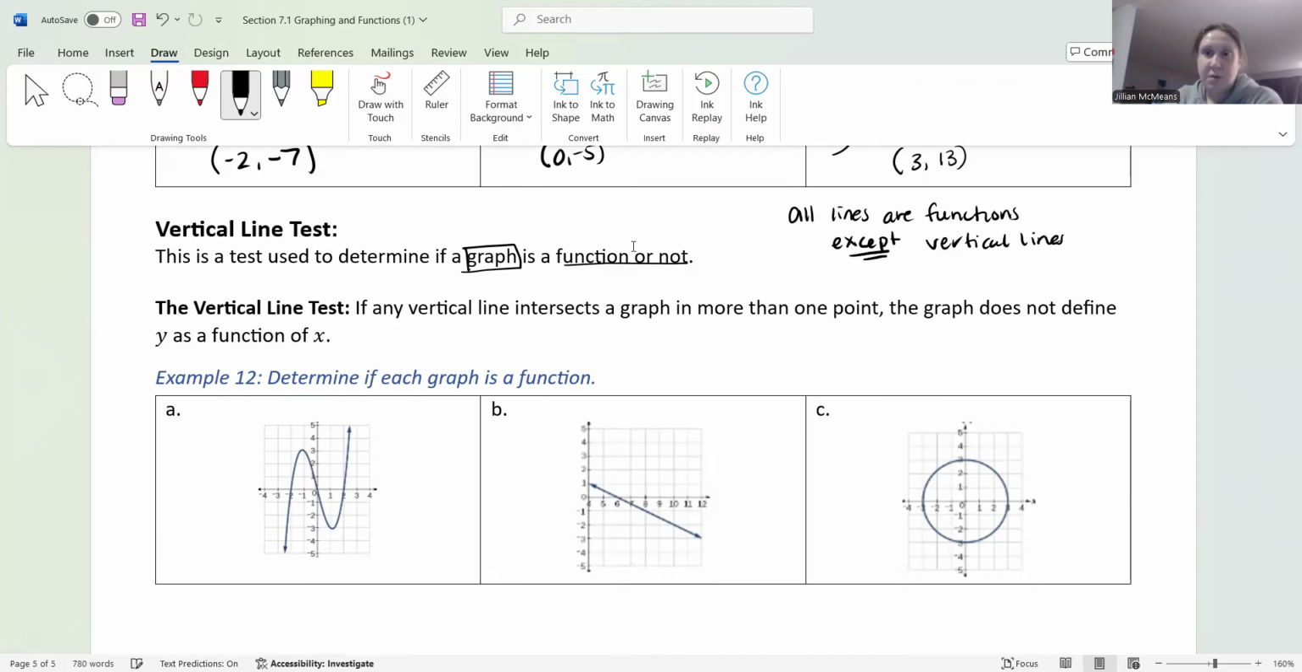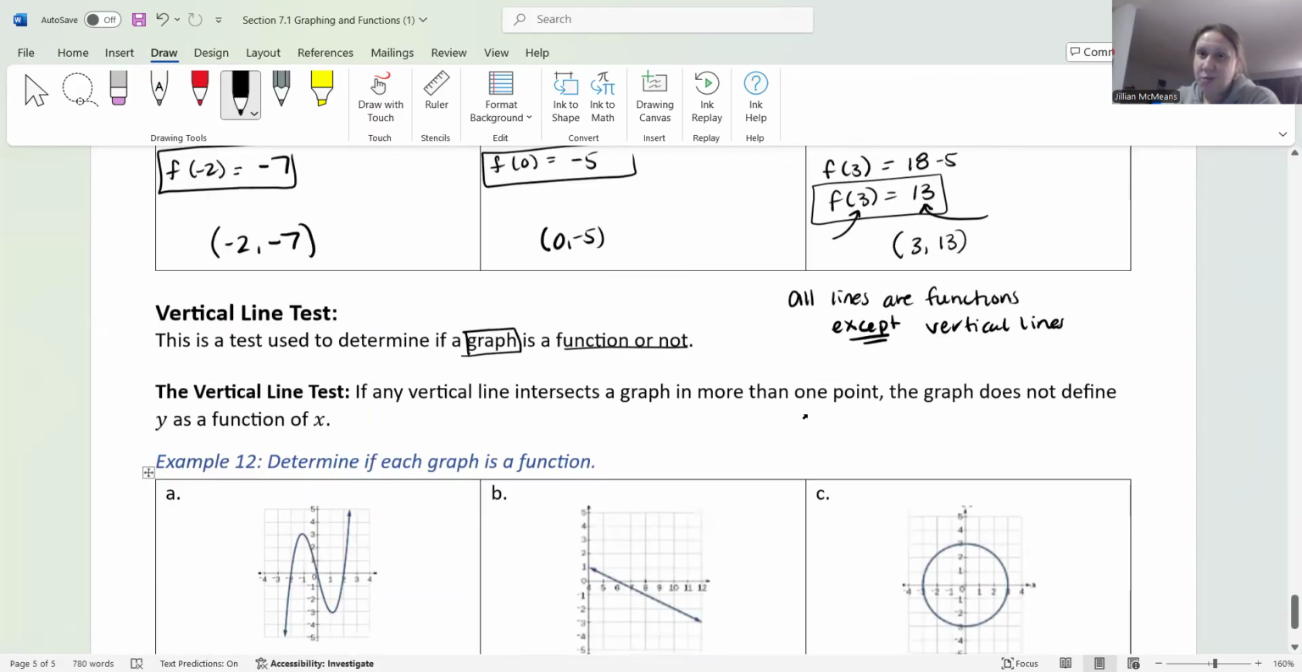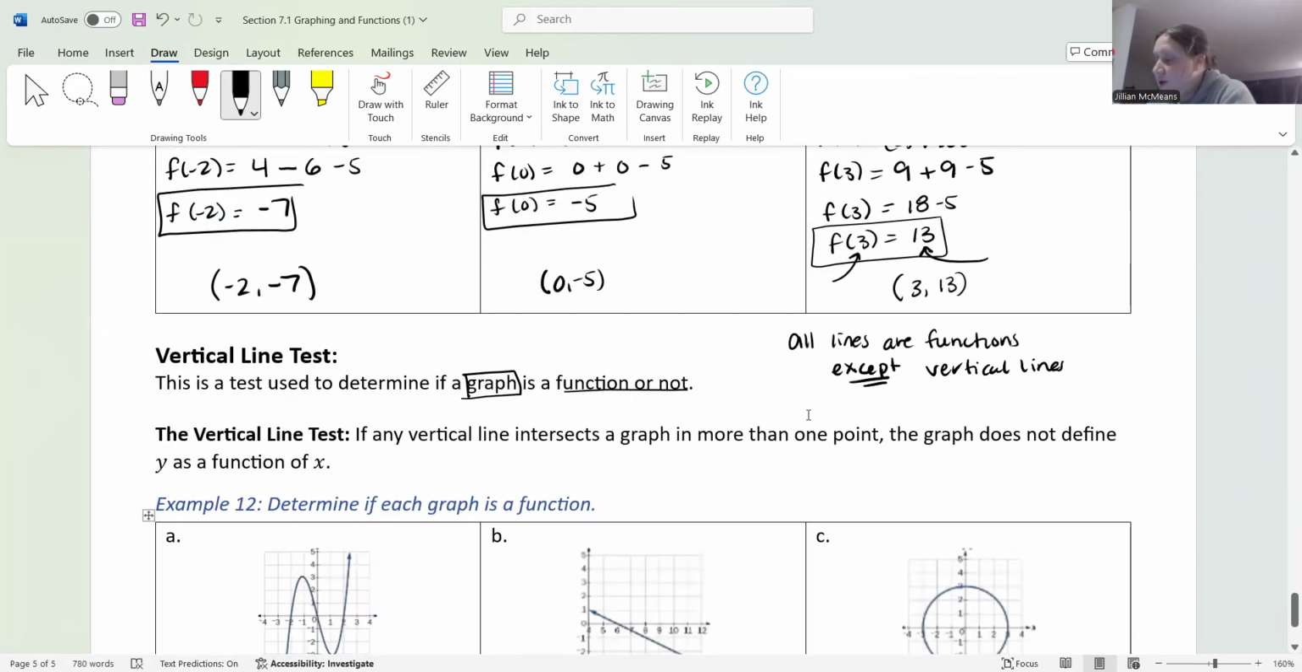Okay, so do I have room down here? I don't. Okay, so imagine, if you will,